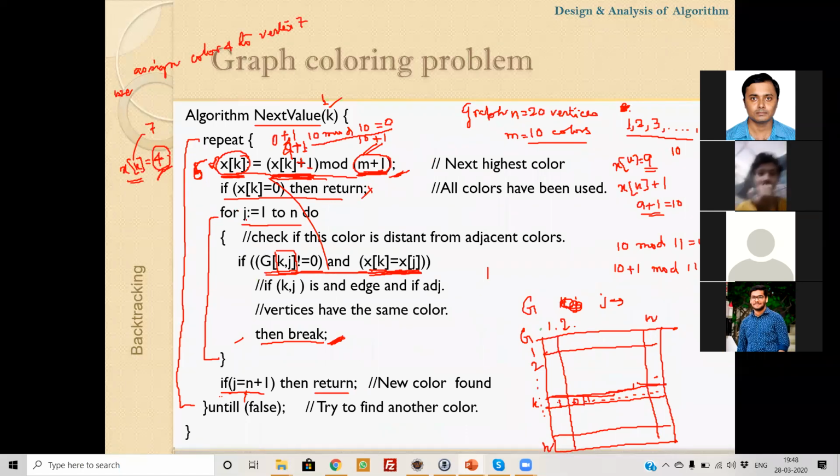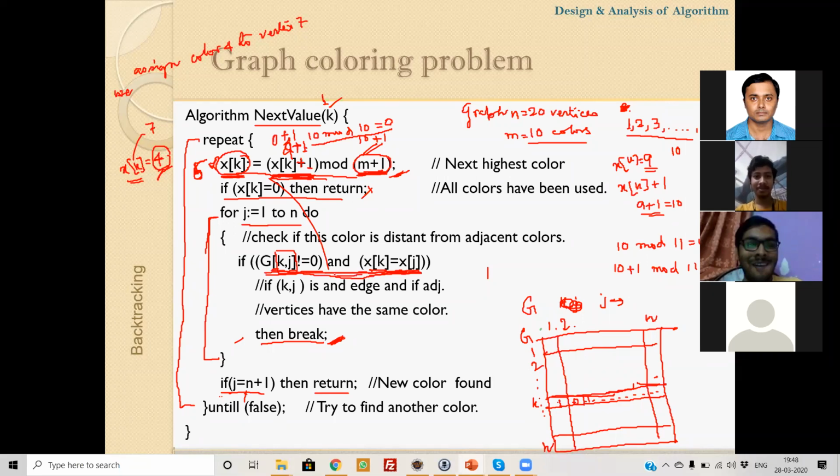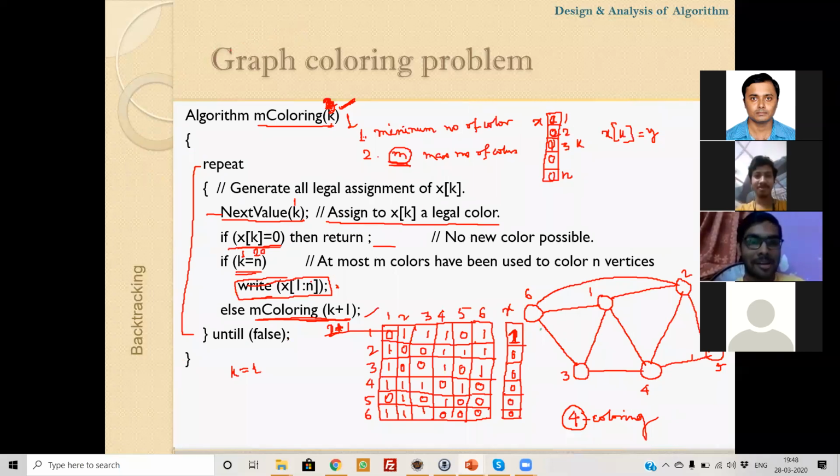Now we'll check whether this color can be assigned to the kth vertex or not. So we'll iterate j from 1 to n, checking whether any adjacent vertex is colored with the same color.